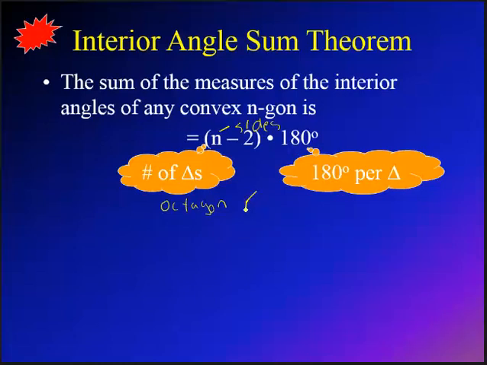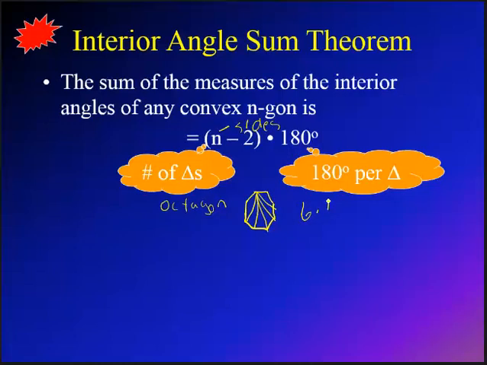1, 2, 3, 4, 5, 6, 7, 8. And you can draw all of your diagonals and then count your triangles. 1, 2, 3, 4, 5, 6. Okay, so I had 6 triangles